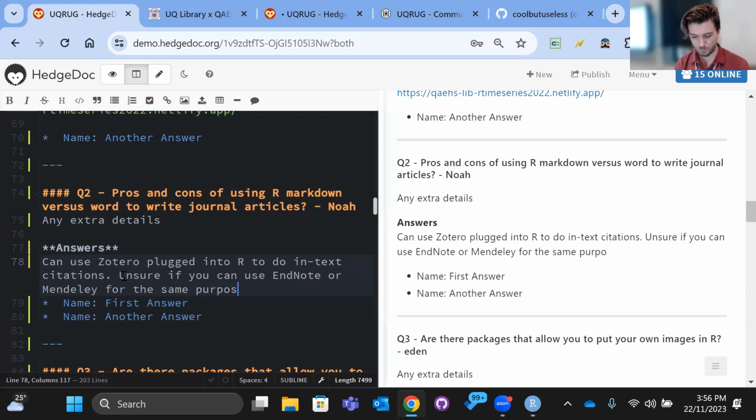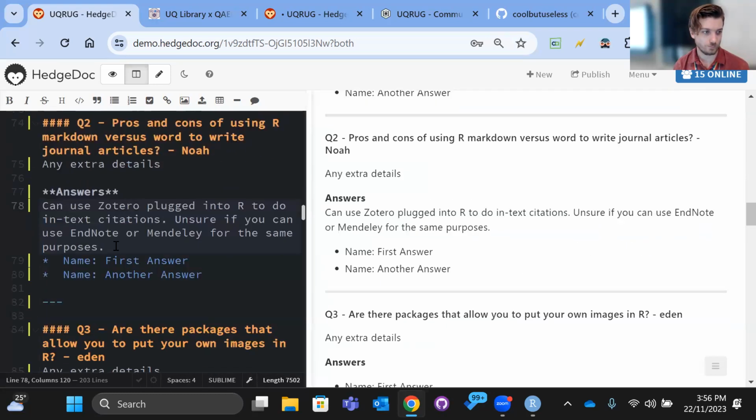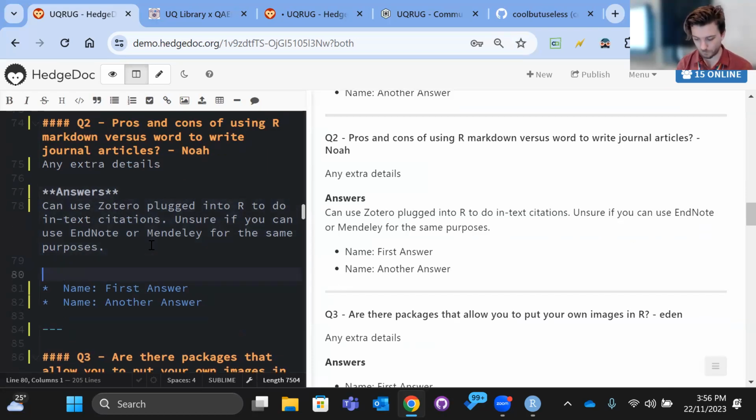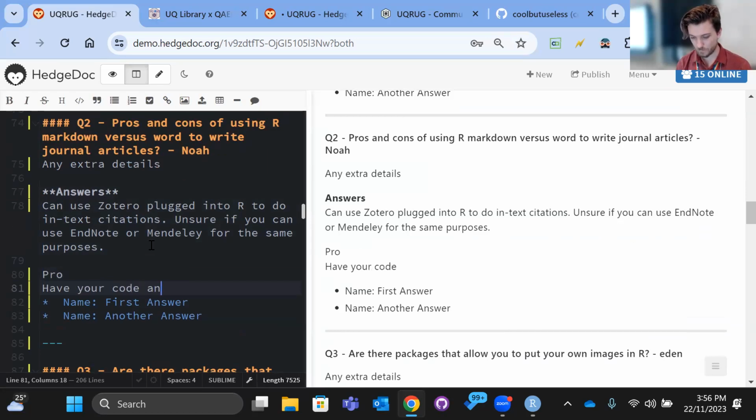But yeah, so you can do your citations, which is good. I've attempted to start a paper in Markdown, which I haven't worked on in a very long time. But I guess a pro would be you can have your code generate your plot, kind of in the same document, instead of exporting it, saving it, having a million different copies and dragging it into your Word doc and all that sort of stuff.